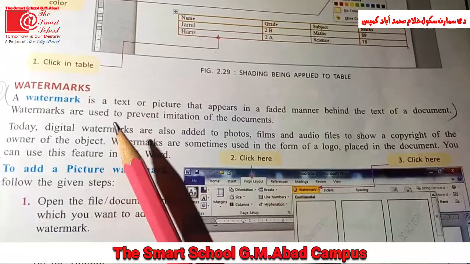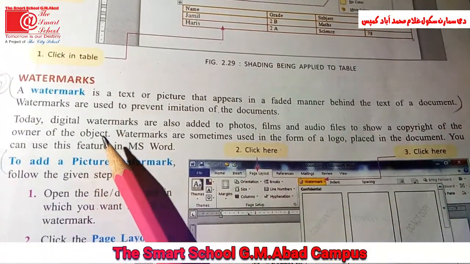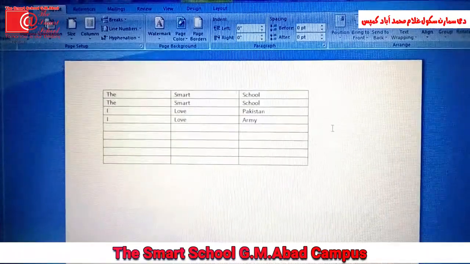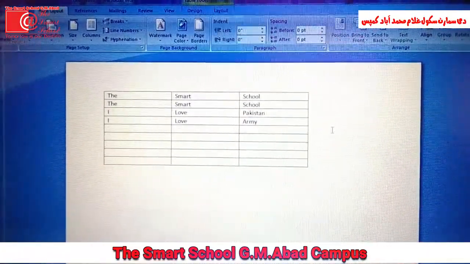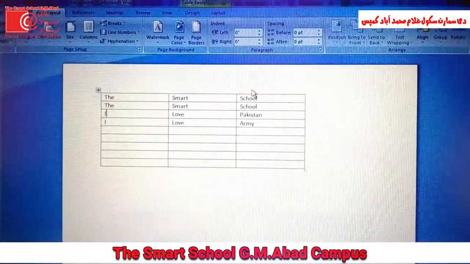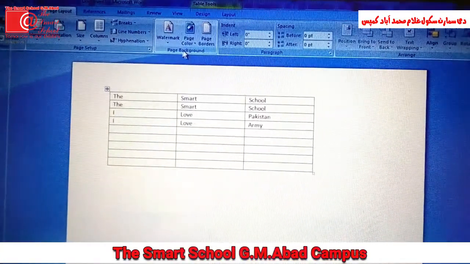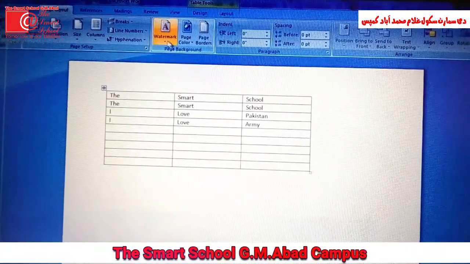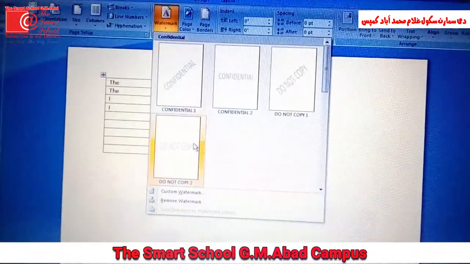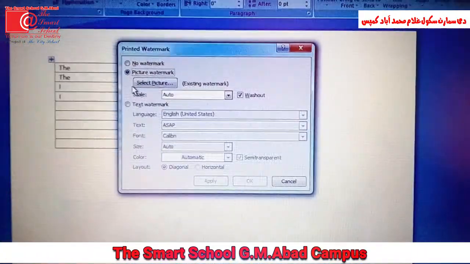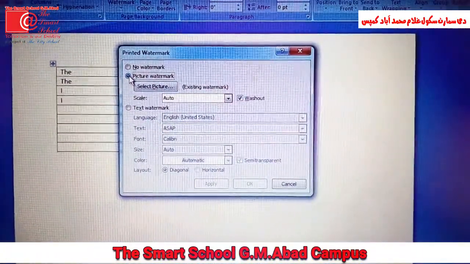Page 27. How to apply watermark. To add a picture watermark, open the document. Click the Page Layout tab. Now from Page Background group, click Watermark. Now click on Custom Watermark. In the case of picture watermark, click on Picture Watermark.